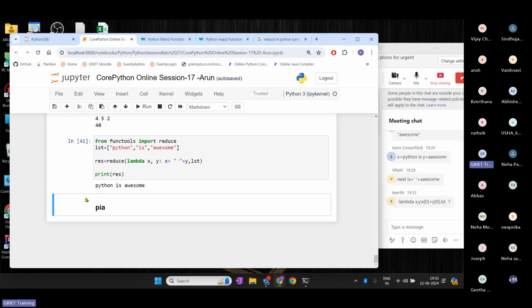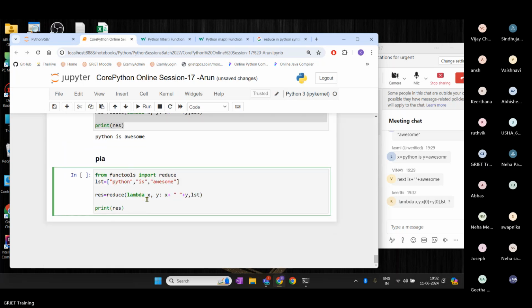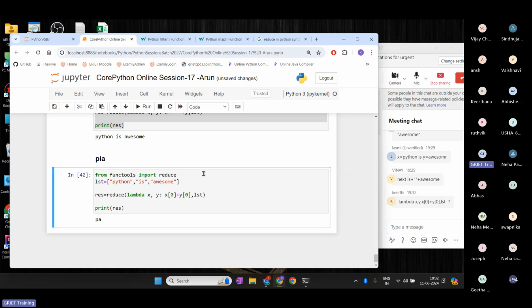Okay, Kirti. Okay. So let's take the same example. What is your answer? X of 0 plus y of 0. Okay. So what is happening, Kirti? There is only printing